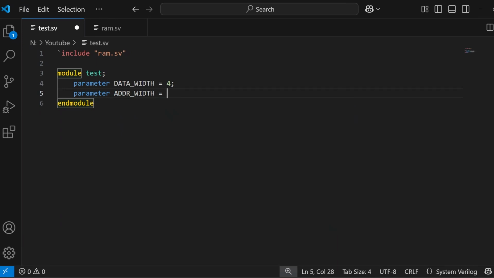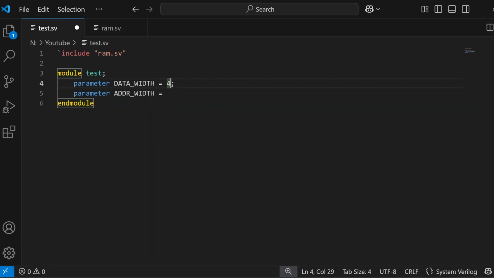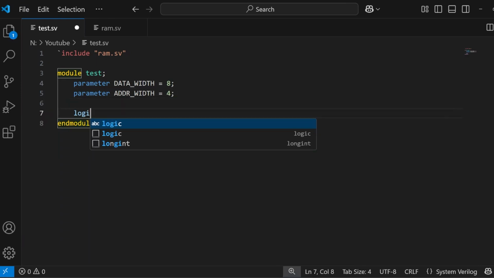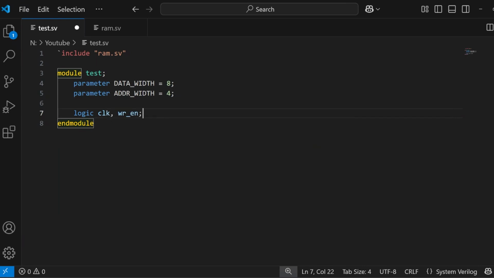Oh wait, I think the data width, yeah, data width was 8, my bad, and the address width is 4. And then I will go ahead and mention all the signals. So our first signal is clock, and then write read enable or WR enable, and then we have other signals like address,